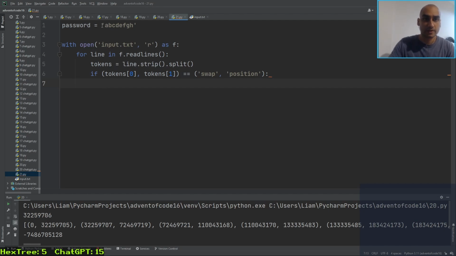All right. Password will have to be a list, not a string. Okay. So if it's swap position, then